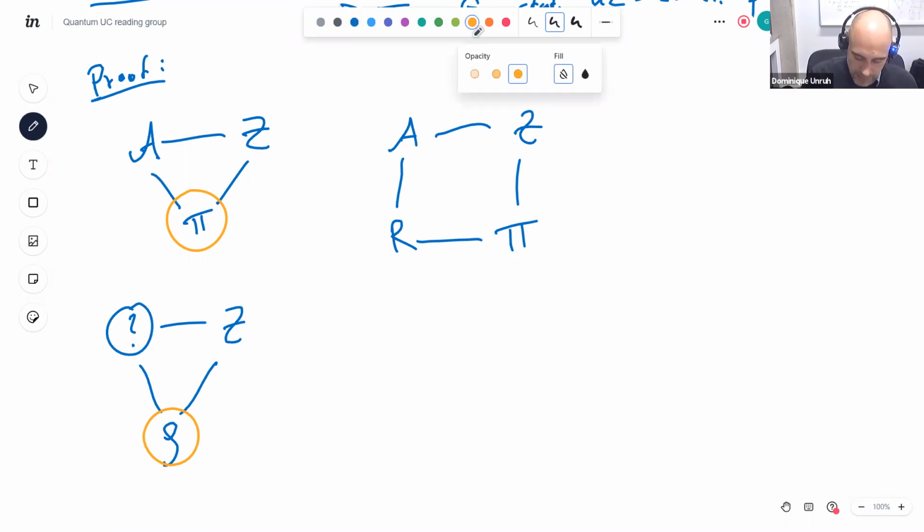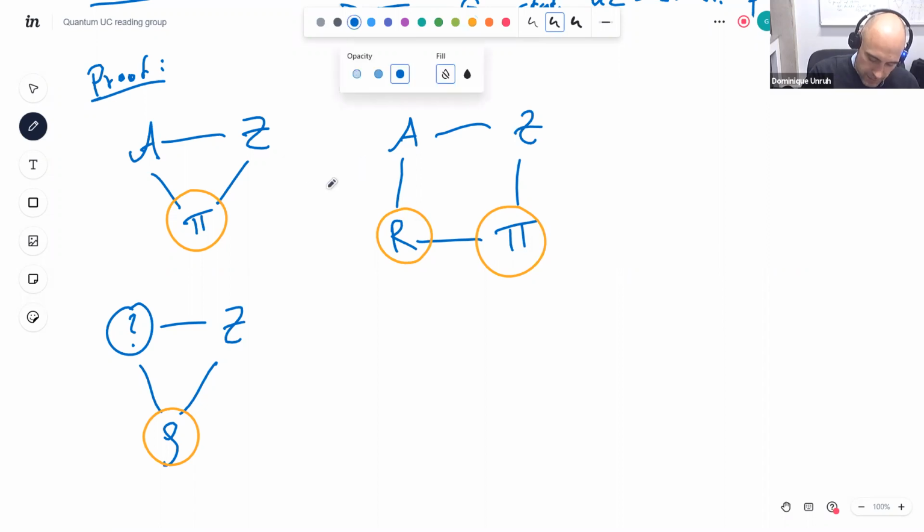Now, since the protocol pi is classical, there will be only classical messages here, and therefore we can also assume that the repeater is classical, because well, the adversary might send quantum messages, but those would be measured anyway by the protocol, so the recipient can also measure them. And we have that the view of the environment is identical in these two settings because we just inserted a repeater.